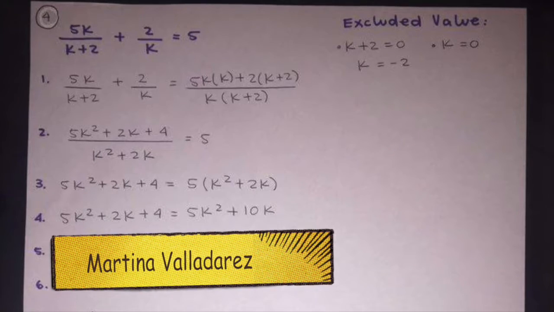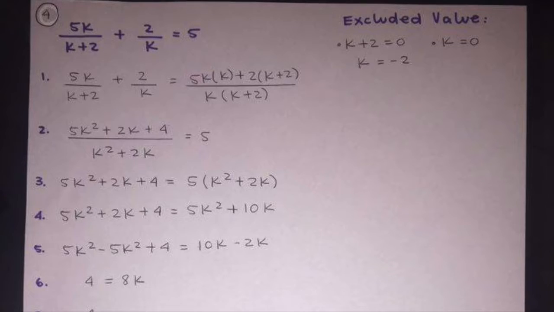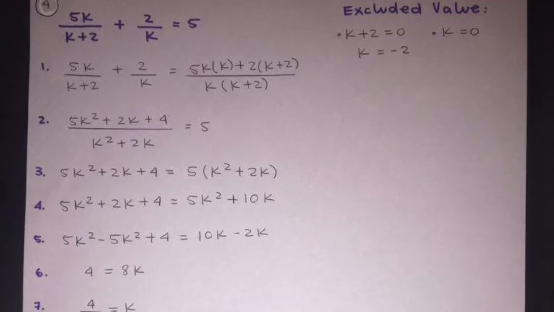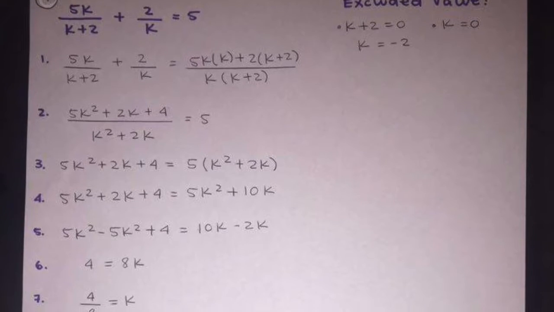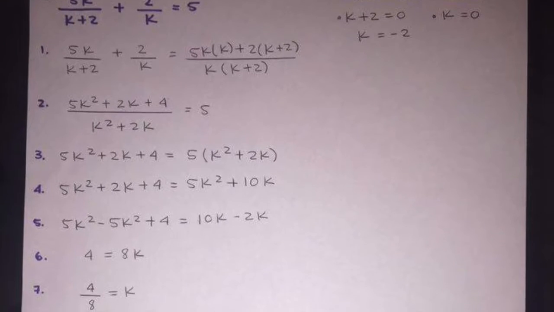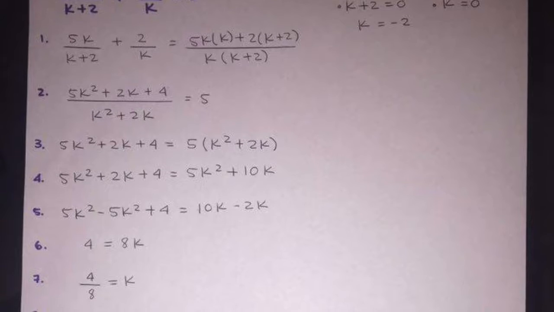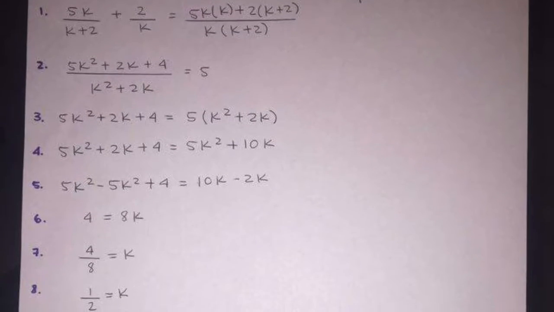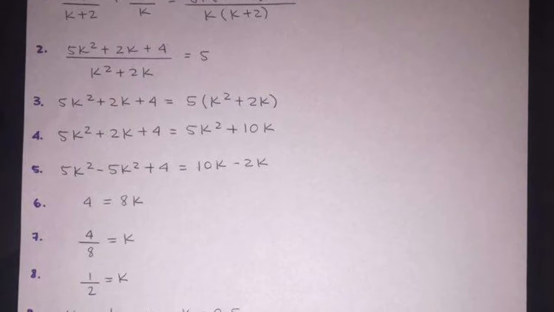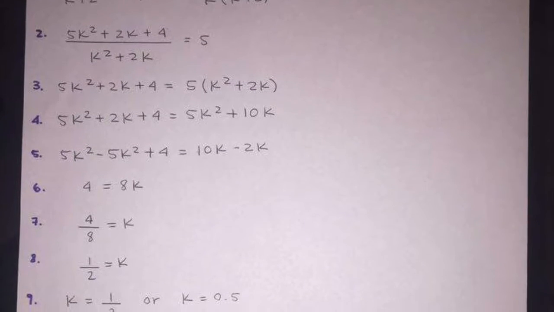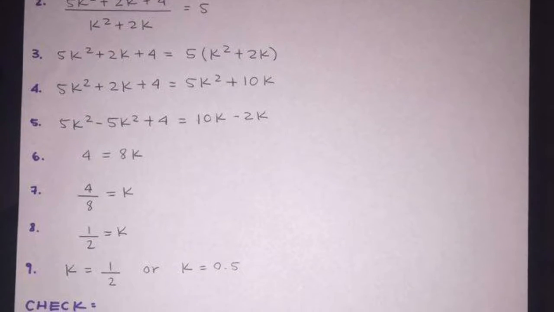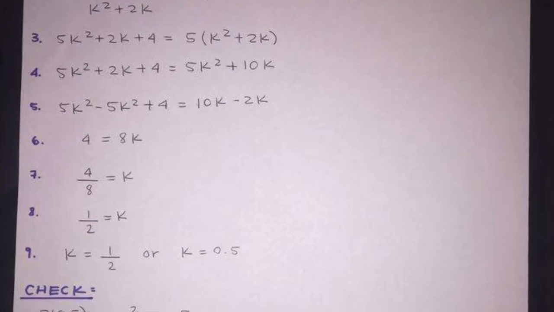To solve the equation 5k over k plus 2 over k equals 5, first you need to find the least common denominator between k plus 2 and k, which in this case would be k times k plus 2. Then you need to cross-multiply values of the original equation. Second, you have to solve for the multiplication of values and add the results, which becomes a new rational expression